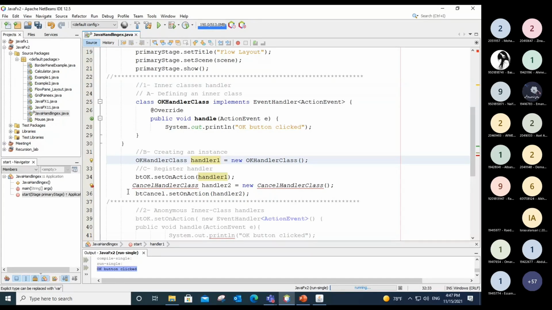To do this, there is a solution by using something called get source. What does that mean? So we will do the same handling. When you click it, it will do something. But it depends on the source. If the source is coming from the OK button, you will see OK button clicked. If it's coming from cancel, it's going to be